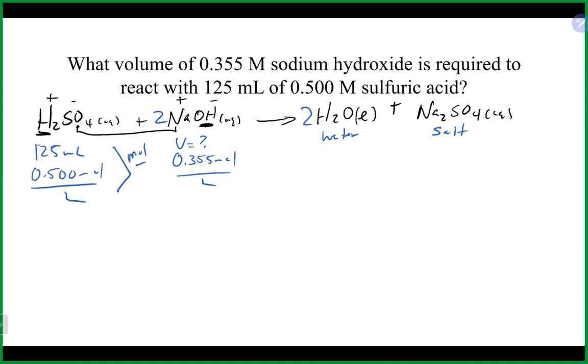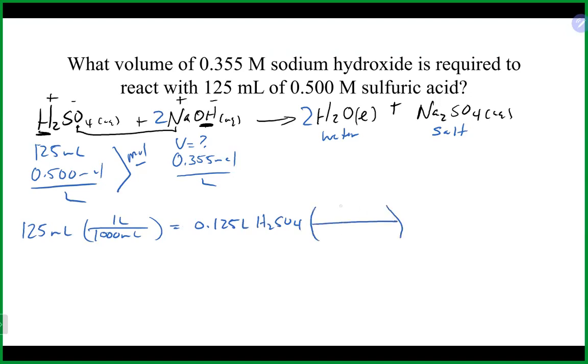So that's really where we want to start. We want to get to moles. Before we do that, we do have to convert our volume into liters. So once again, dividing by 1,000 will give us 0.125 liters of our sulfuric acid. Using the molarity of our sulfuric acid to convert it into moles, we're going to multiply by the moles per liter. Those guys will cancel, and that will get us